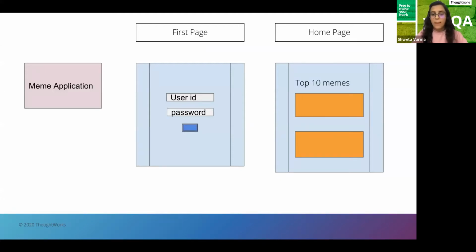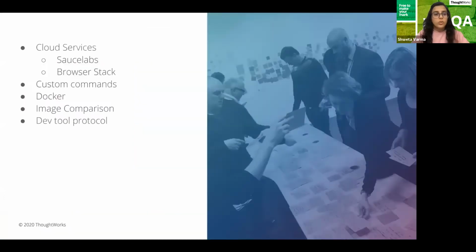So that can be captured using WebDriver IO, and it has a very beautiful feature that it gives you the difference between the image which you had given and the image which was captured during the execution. So that gives you the exact result or the report of what went wrong in that screenshot or on that page.